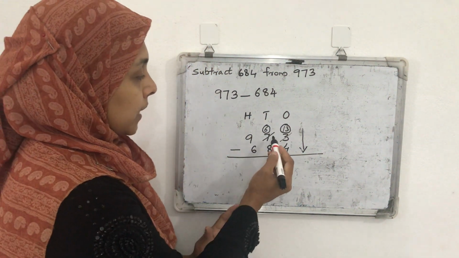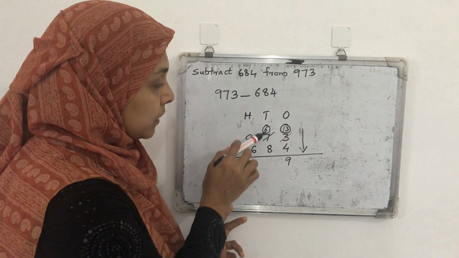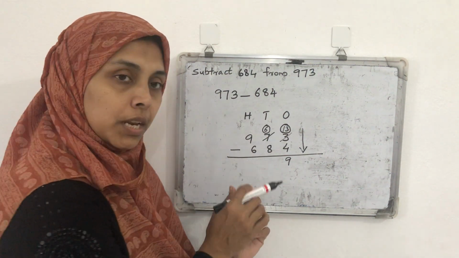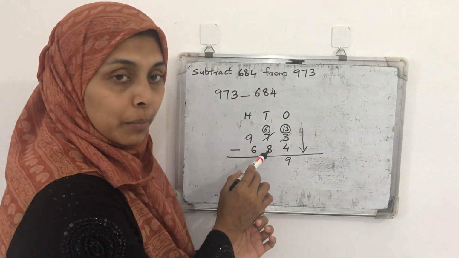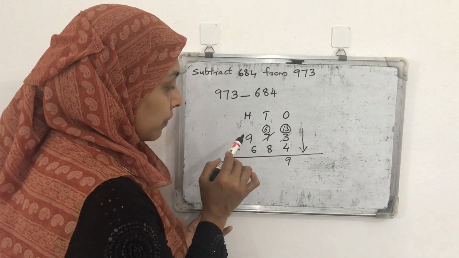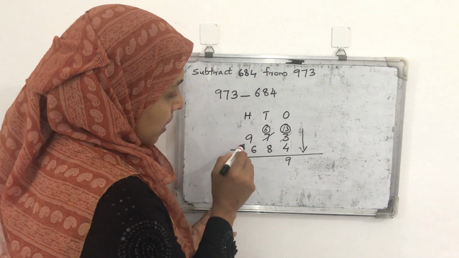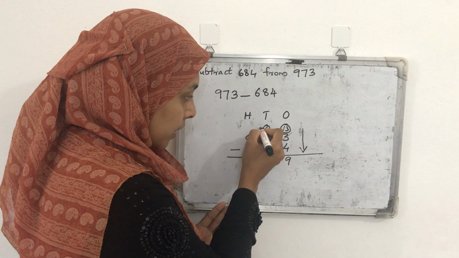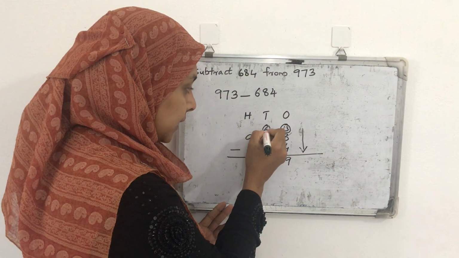Okay. Next subtraction is, now we got here 6. 6 minus 8. Is it possible to subtract 6 minus 8? That also is not possible because 8 is bigger than 6. So from hundreds place we can borrow 100. Okay, and add with this we will get how much? 1. So instead of 6 we can write here 16